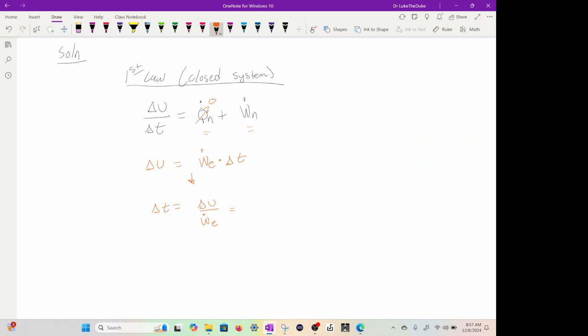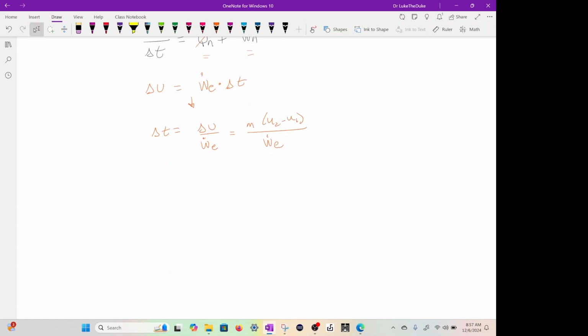We can rewrite delta U as the mass times (U2 minus U1) over the power in. U2 and U1 are the internal energy of the water at a temperature, and you can find that in a table. So delta t equals the volume times the density, which is mass,